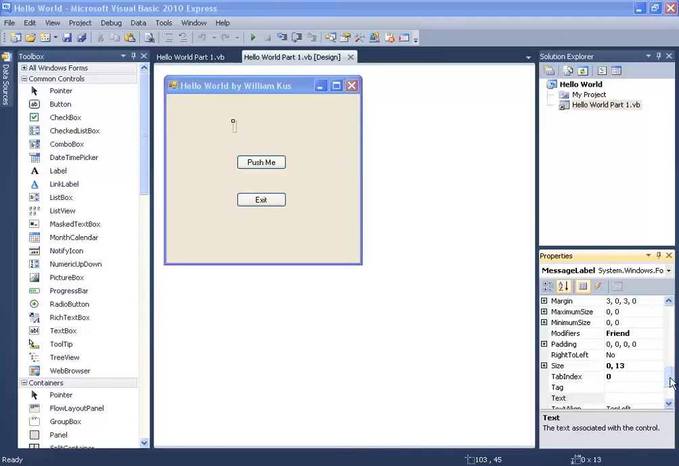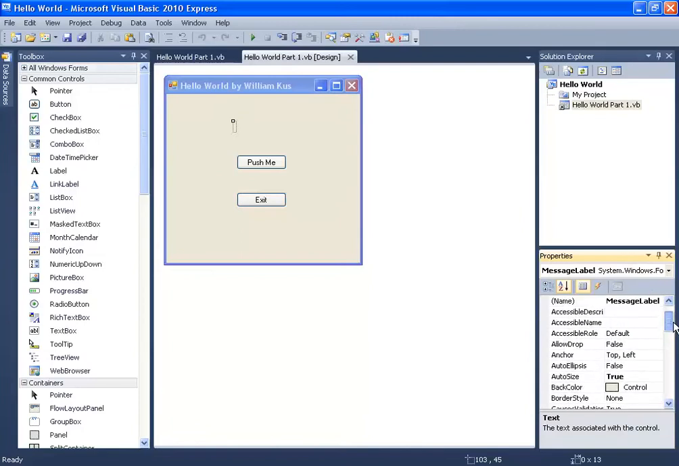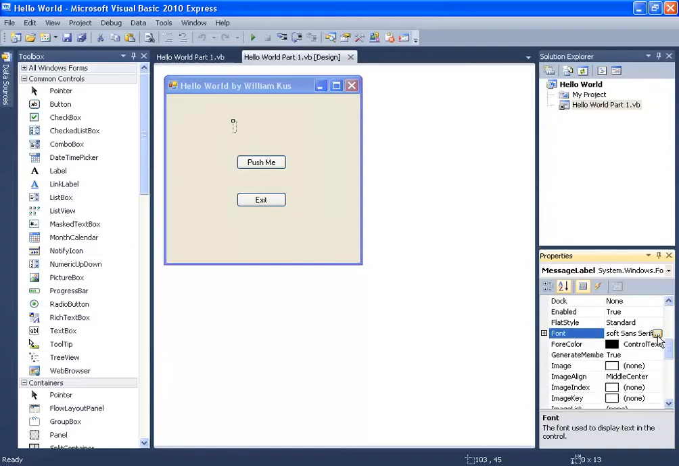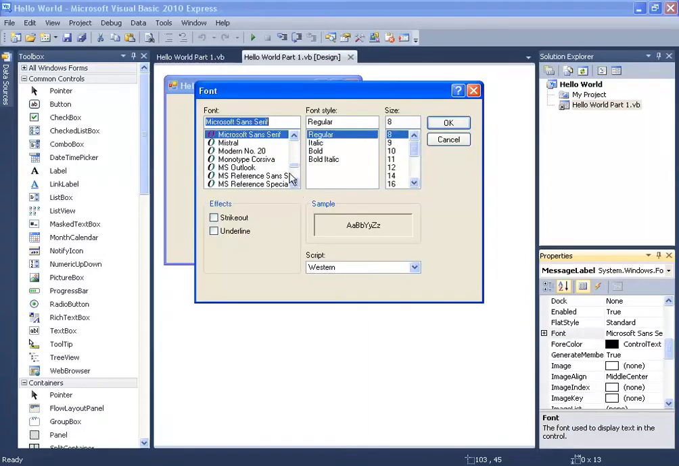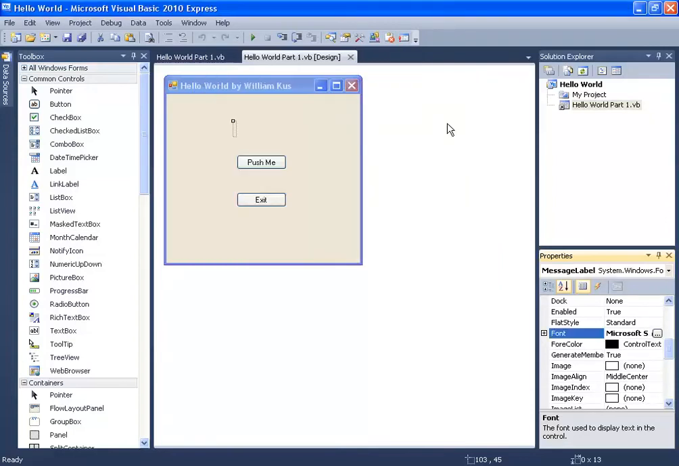So I want you to learn how to change the font. It's pretty easy. You just go and look for the font. It's this thing right here. And if you click on it, it'll have this little ellipse, three dots. We can change the font here, we can change the font style, and of course it says to change the font size to 12. Click OK. And if we run it,